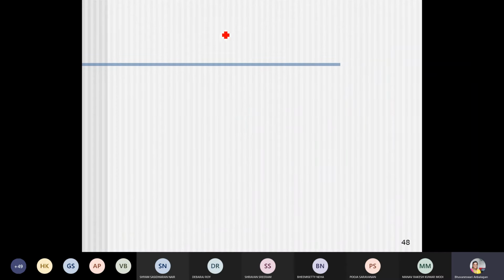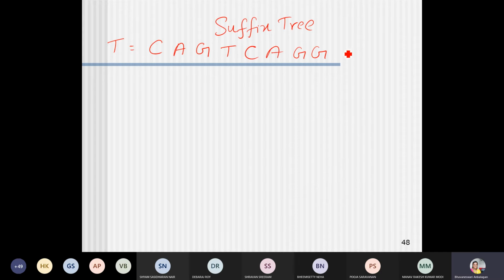I will give you a small example of how you can derive a suffix tree for a given text. My text is going to be C A G T C A G G. This is the text for which I'm going to create a suffix tree.